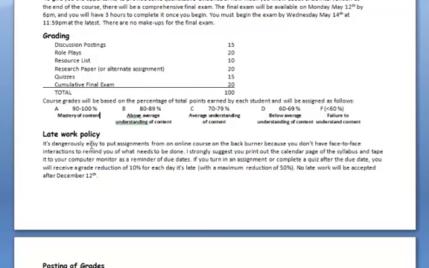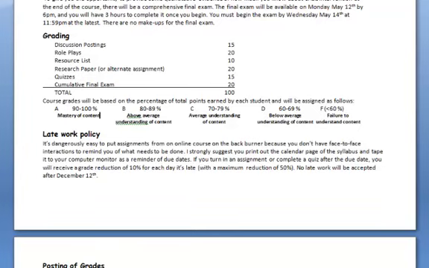I do that because sometimes something happens and people just lose a week. And then they think, oh, I might as well not do the assignment. I don't want you to do that. If you lose a week, or you're 2 weeks late, you can still turn it in. The most you can get is 50% of what it's worth. But 50% is better than nothing. It's better than a 0. And it will often be the difference between a C and failing the course. So keep in mind that even if you miss a deadline, it's not the end of the world. Still do the work, still turn it in. I will grade it, and you'll get some points.